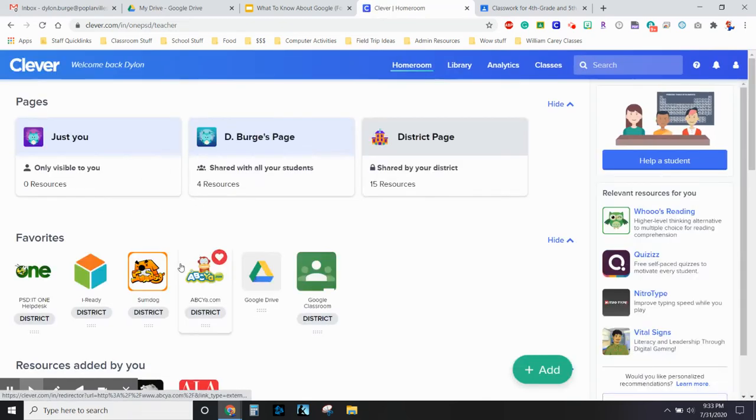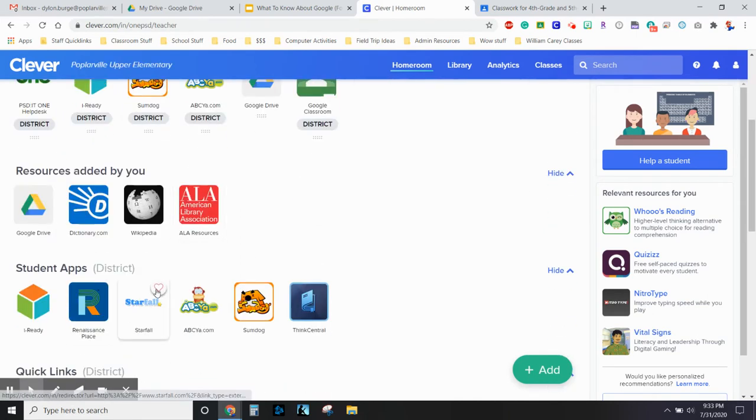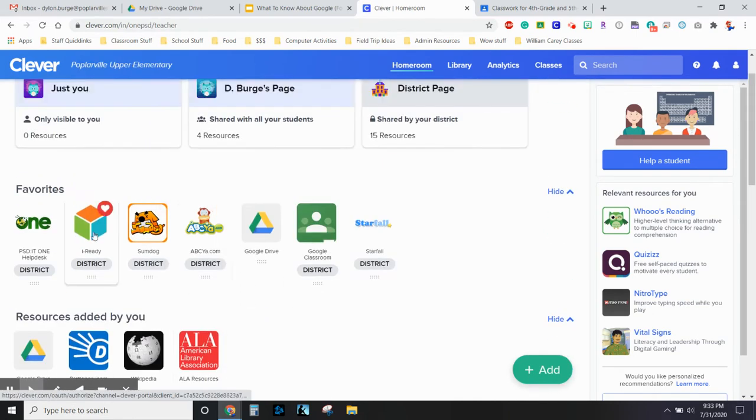Now this is a big thing for the lower grades because they have some extra resources on here like, let's see, ABCya, some dog, I think Starfall was on here too that they used. Yeah. But again, like I mentioned earlier, the biggest thing the students are going to use is